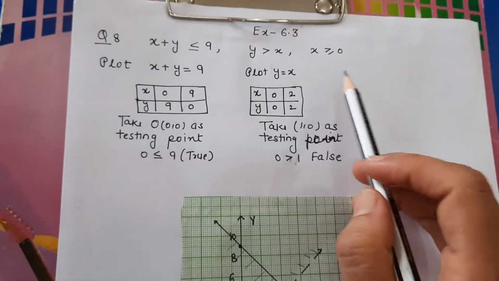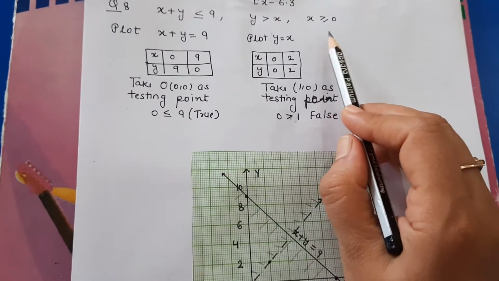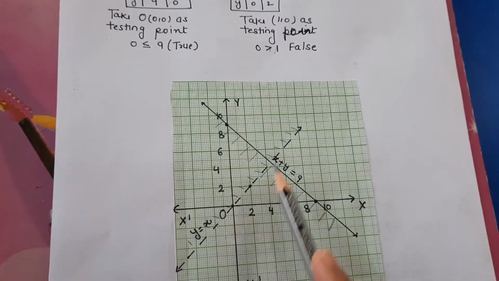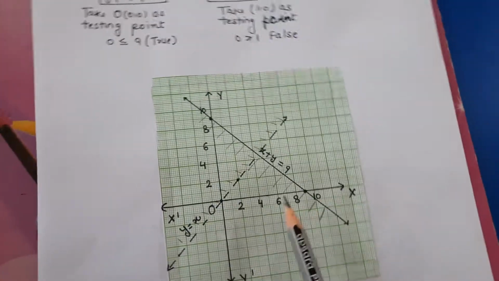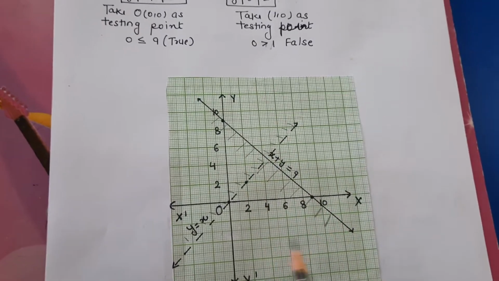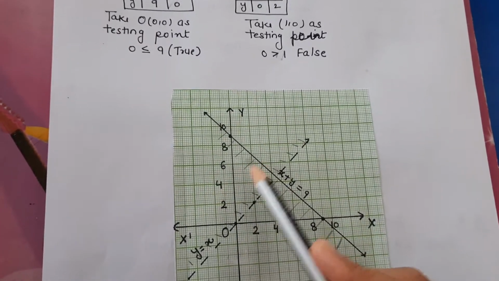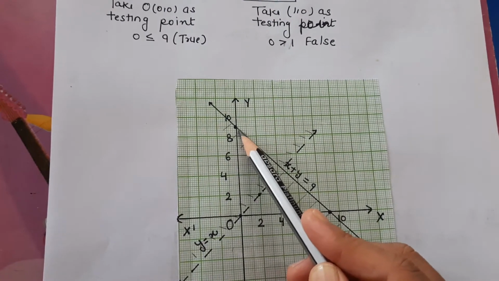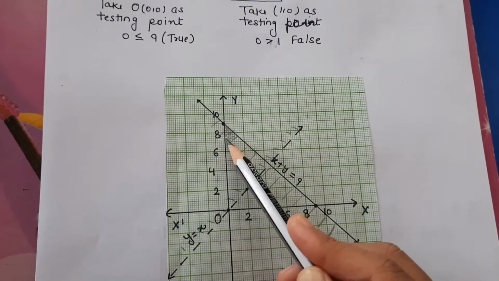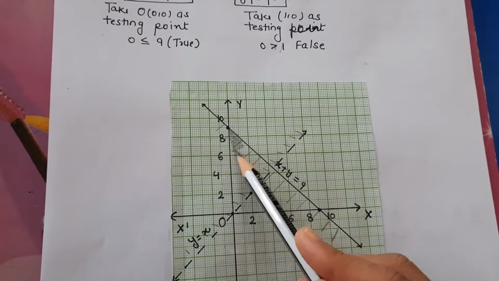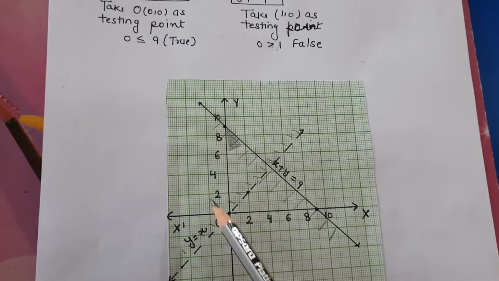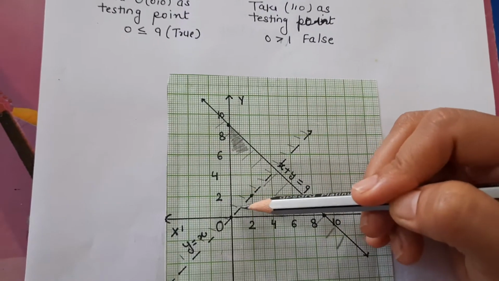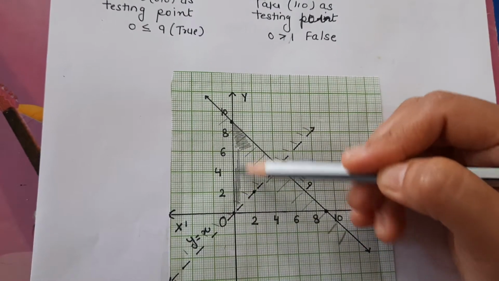Now come to the third inequality. Here x is greater than or equal to 0. Now this is your coordinate system, right? This is origin. Now in these two quadrants, x is positive, that means you are going to have your common region up to here, right? Now this inequality is here and this is here. That means you will stop up to here. So this is going to be your common region because you have x is greater than or equal to 0. And on this side, x is always negative in the second and third quadrants. That means we will shade this region.